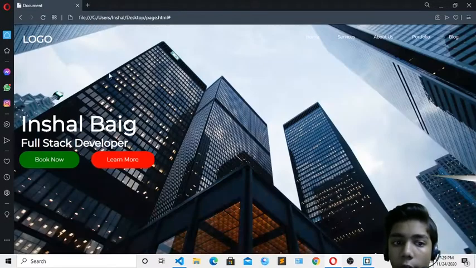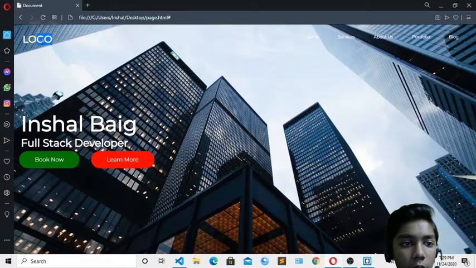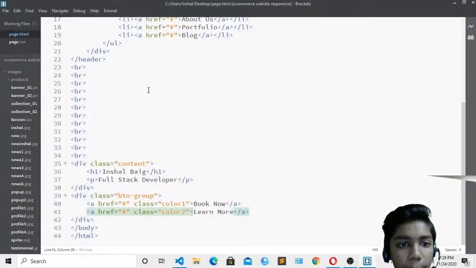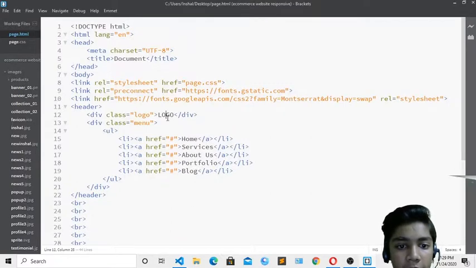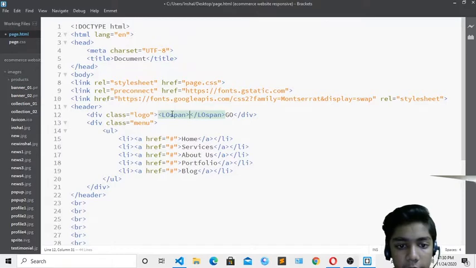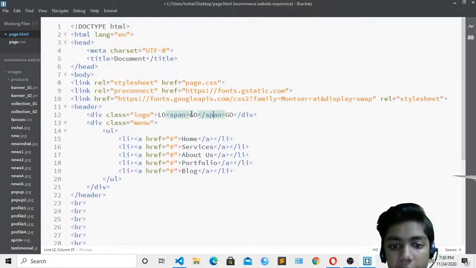If you want, you can also change the color of this logo, Go and Low in one. I will tell you how to do it. If I go to my text editor again, go to HTML and go to logo, I will write a span tag here and erase this Low from here. Then I will write Low here, like I have told you, and erase it from over here because I am just writing the logo.